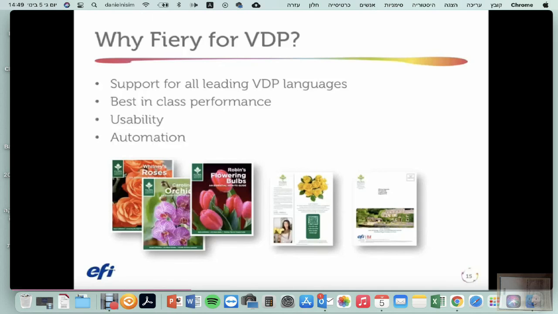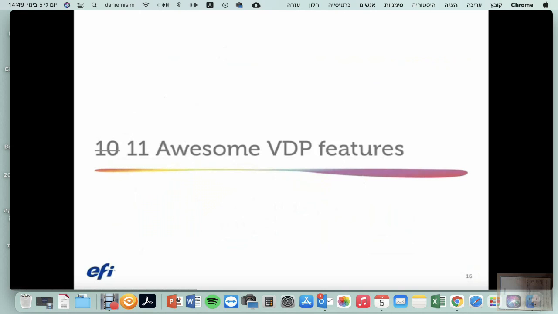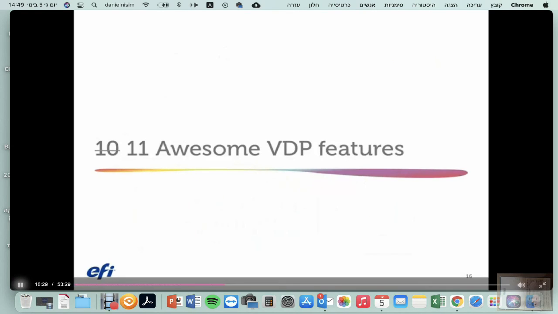We will show via our 11 innovative VDP features that only Fiori makes handling VDP jobs for operators truly easy to understand. We will show that for an operator there is no difference in the way they handle VDP jobs or regular static PDFs or hosted jobs. And most important, Fiori is able to automate VDP workflows using the same principles. We will show you how to create a VDP workflow and expose that workflow to other users in under 5 minutes. Before we move on to the VDP features that you're going